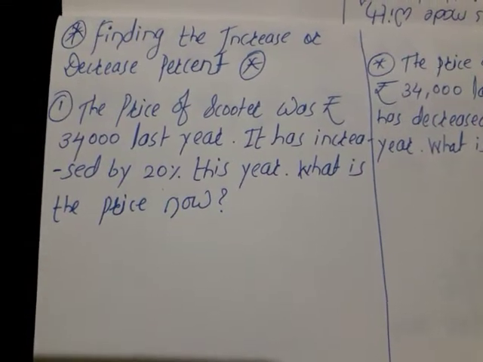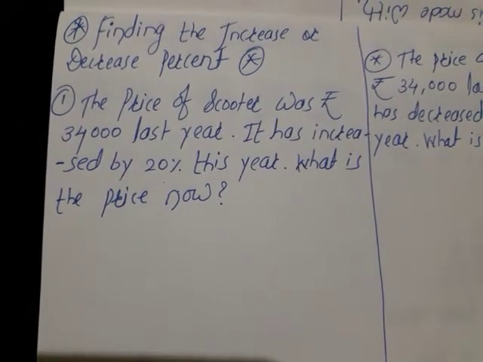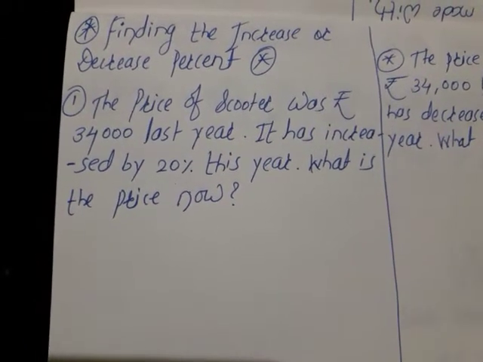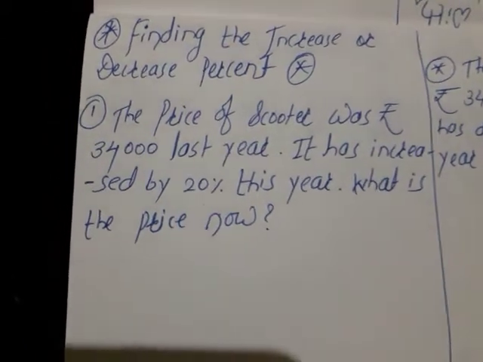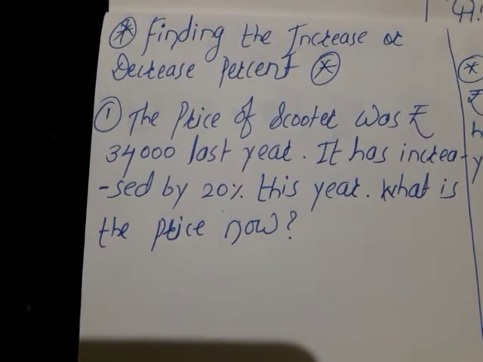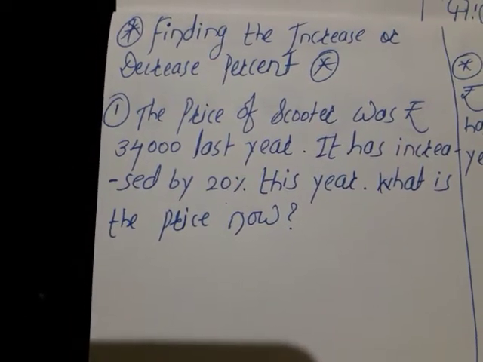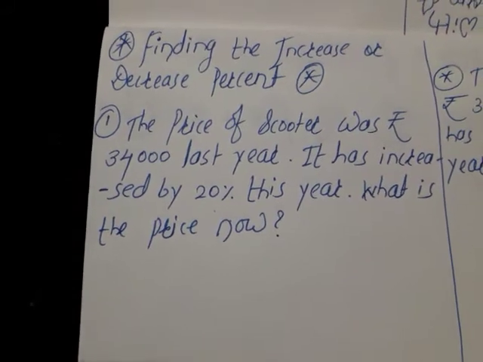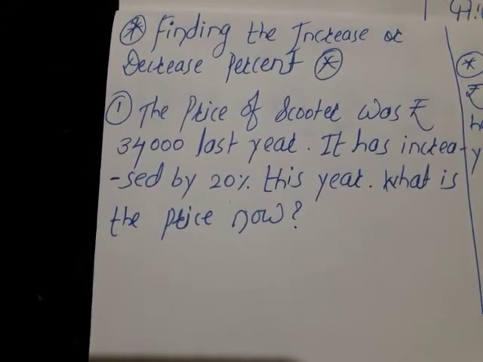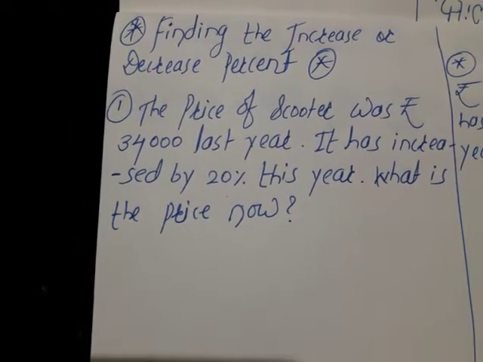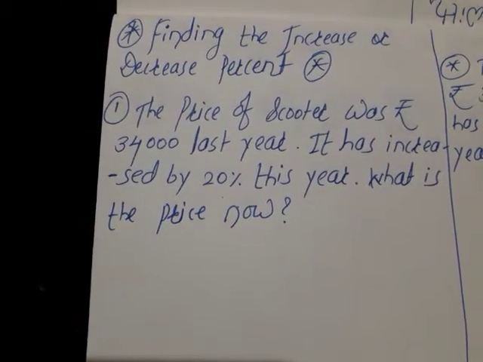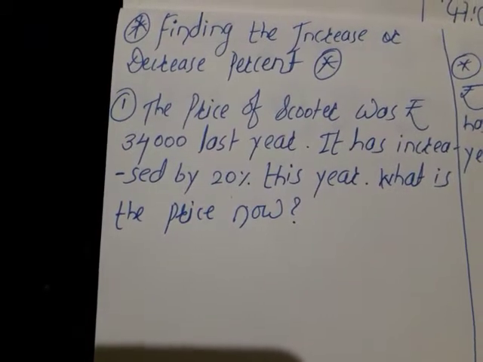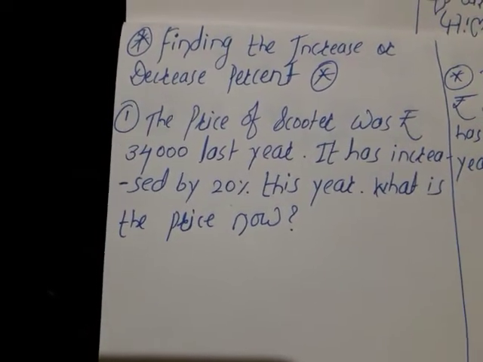If the percentage is given, then how to convert it or find the ratio. In the last example we saw how to find the per head cost. Different types of situations were there. Now today I am here with a little different point, that is also very important. Many times before I told you, this lesson is very important not only for 8th standard but for 9th and 10th standard also, and in our daily life. We are going to use different types of concepts in daily life, and those concepts we are going to discuss in this lesson.